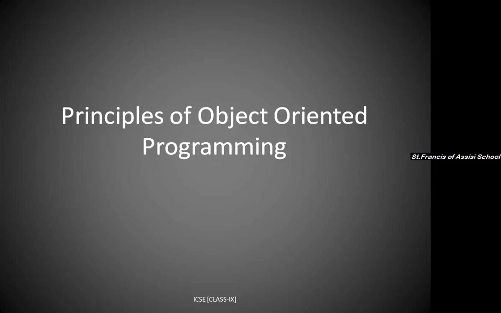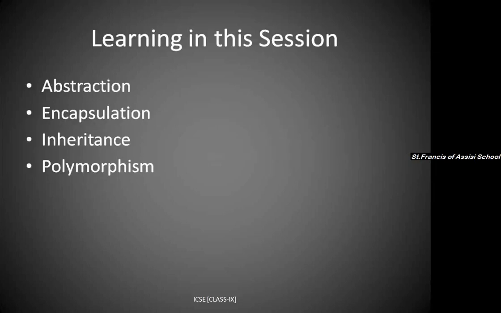In the last session we have seen what is class and what is object. So class is a blueprint, or it is defined to understand the working mechanism of objects. Okay? Object means object is an entity. It's having its own state and behavior. So in this session we will see what is abstraction, what is encapsulation, what is inheritance, and what is polymorphism.